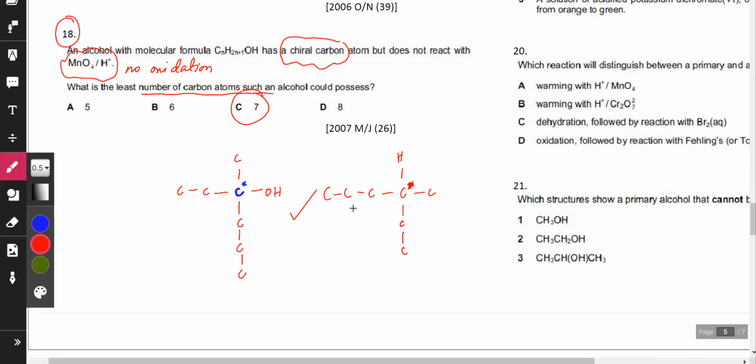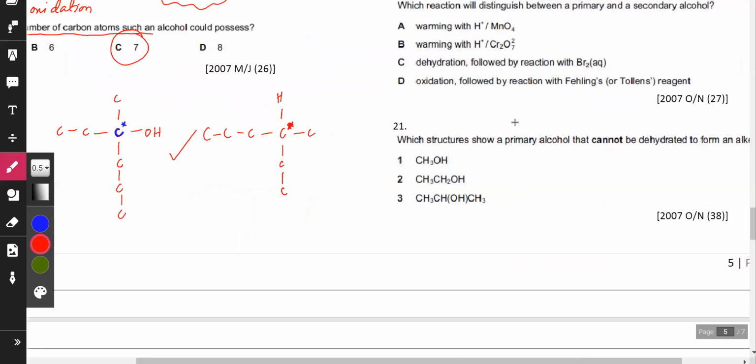So in that case, again, it was 7 carbon atoms. You needed 7 carbon atoms minimum. Okay, then you have,